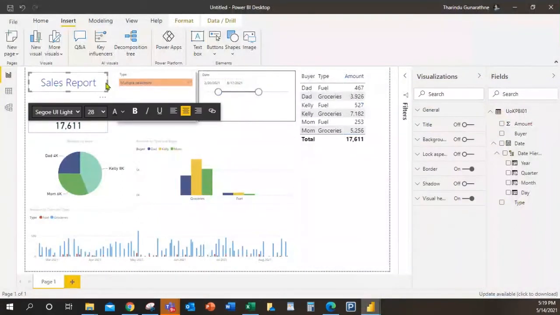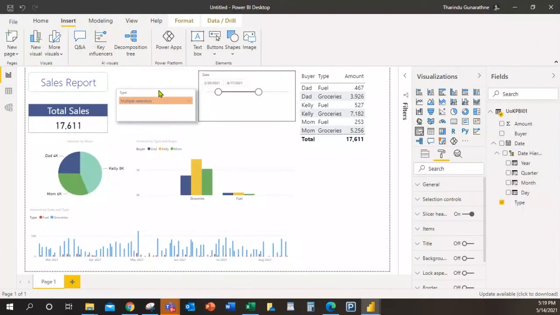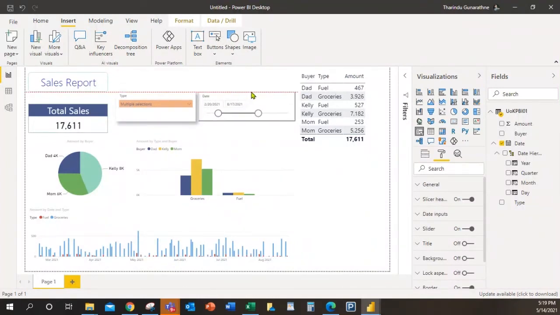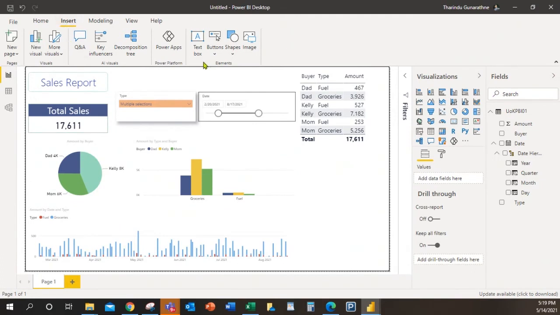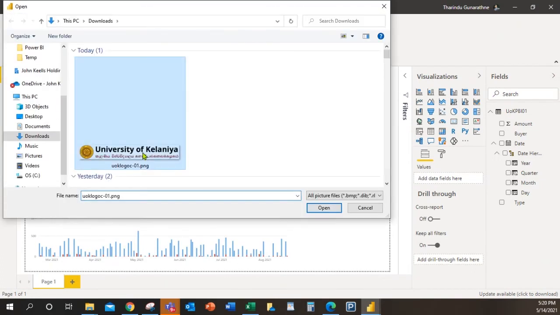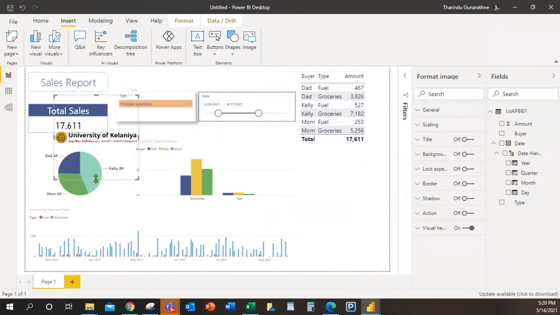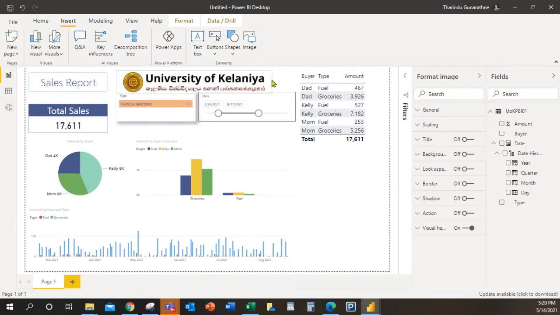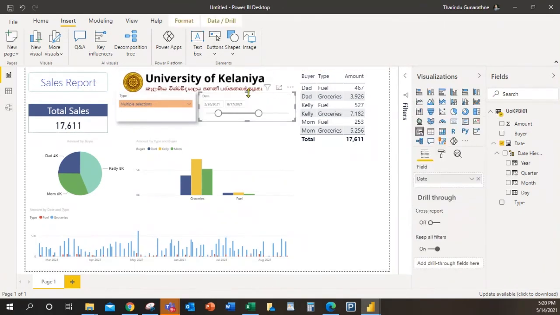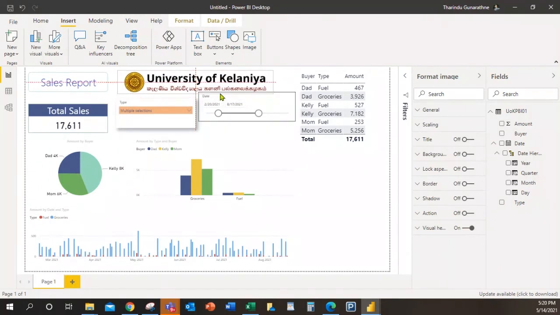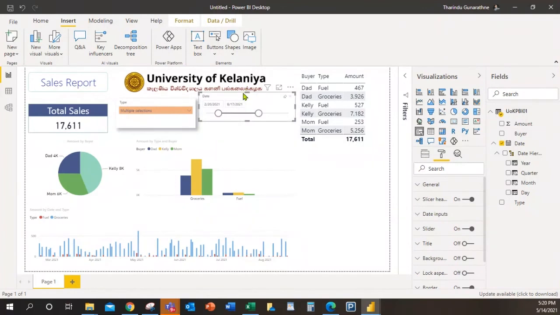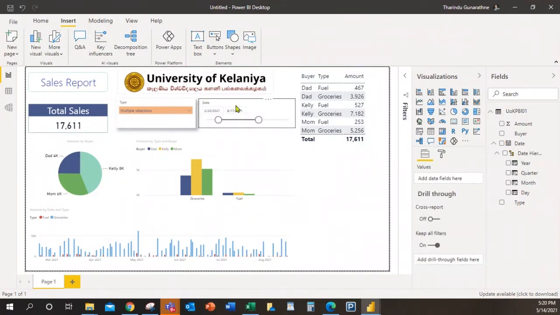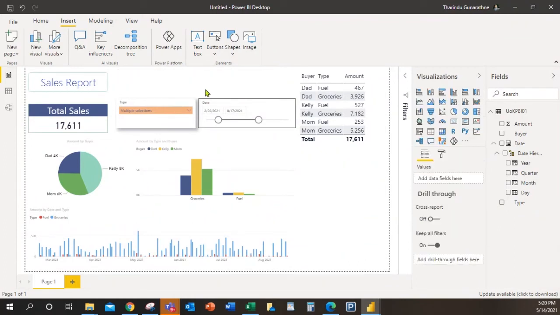Let me minimize the size of these filters, just to show you, because in the industry you need to add the company logo or this kind of icons to your dashboard. It's a simple thing. By using this insert image, you can add those kinds of icons. Okay, I'm deleting this image because this is not relevant to this dashboard.